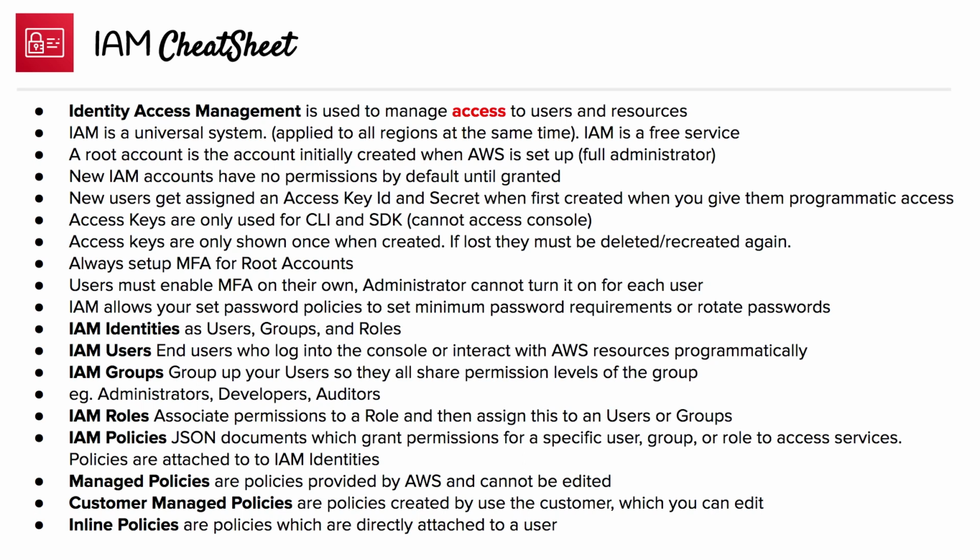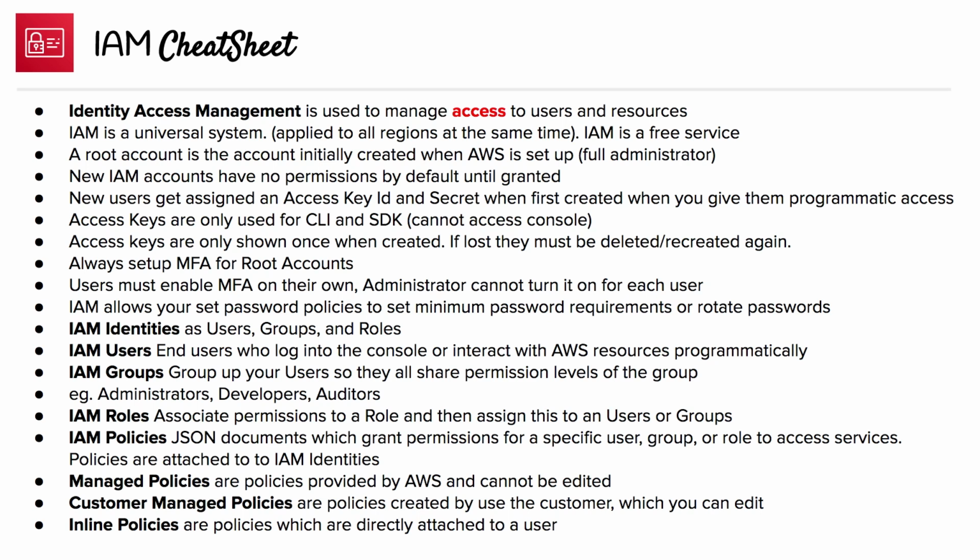So we have users. Those are the end users who log into the console or interact with AWS resources programmatically. Then you have groups, so that is a logical group of users that share all the same permission levels of that group. So think administrators, developers, auditors. Then you have roles, which associates permissions to a role, and then that role is then assigned to users or